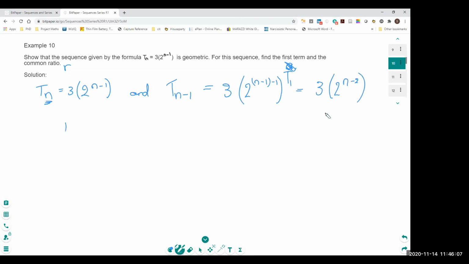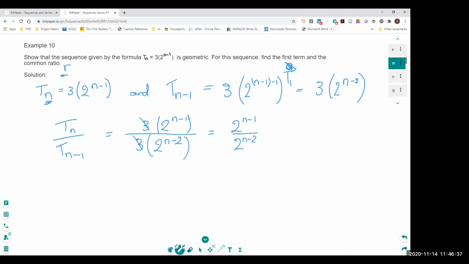So we know that the common ratio, which is what we're trying to find, is t of n all over t of n minus 1. In this case, it's going to be 3 times 2 to the power of n minus 1 all over 3 times 2 to the power of n minus 2. So our 3's go, easy enough. And we are left with 2 to the power of n minus 1 all over 2 to the power of n minus 2. And you should remember this from the recent logs,